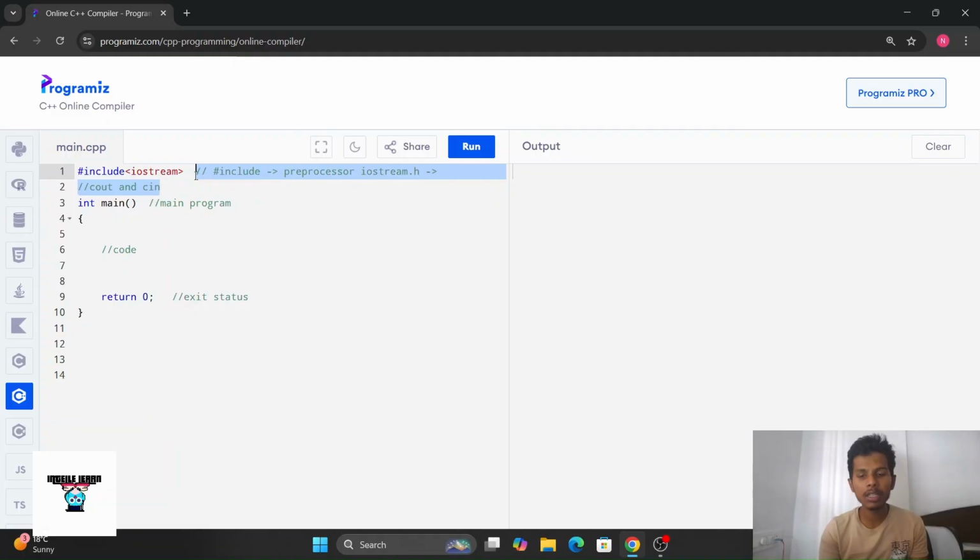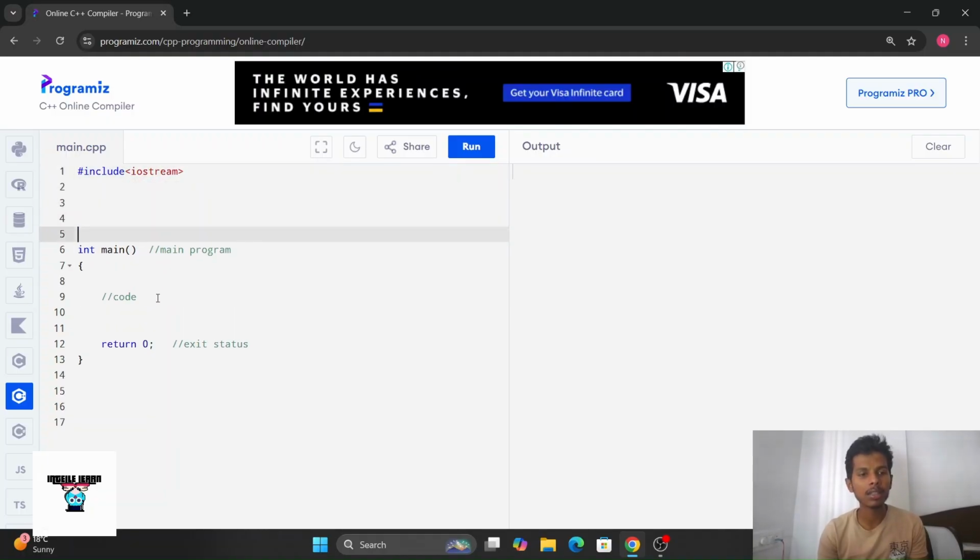So it is written like this. So now the main thing is the code. As we all know about the header file, which consists of our output function and input function,